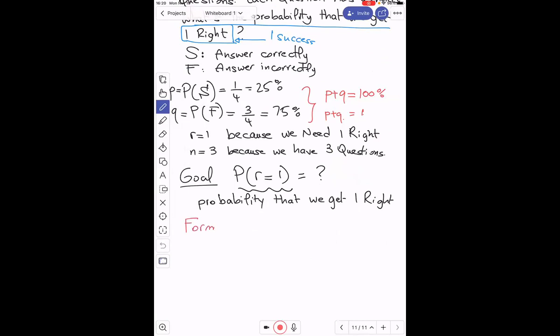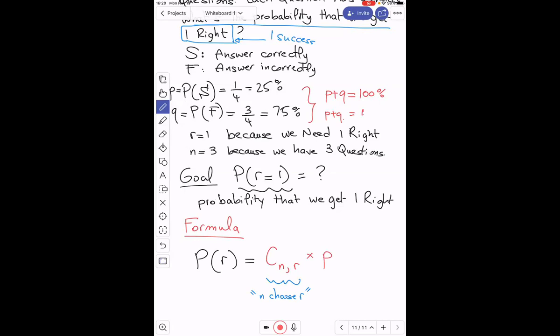So the formula, we said, P of R, the probability of R successes, is equal to, first, N choose R, capital C subscript N comma R, times